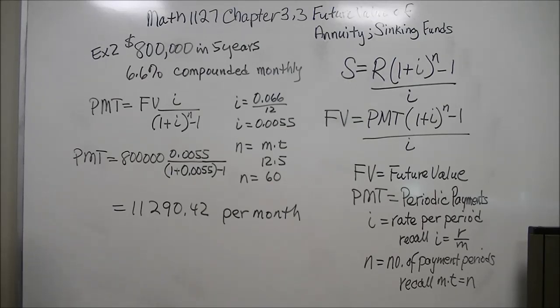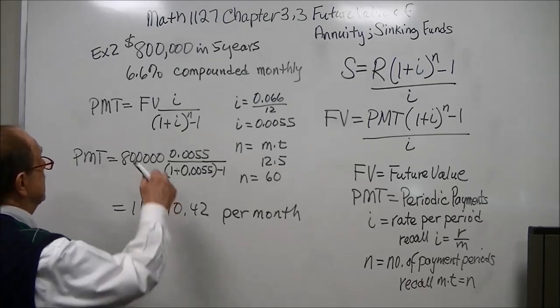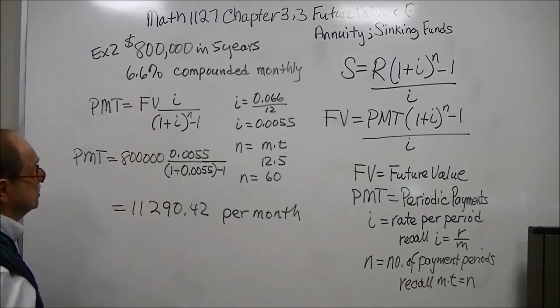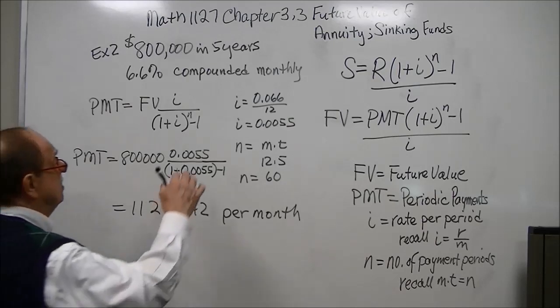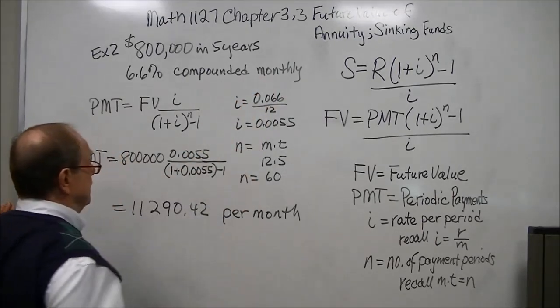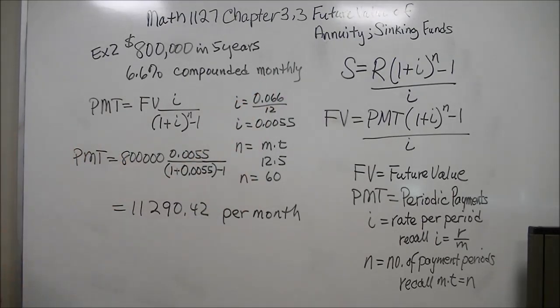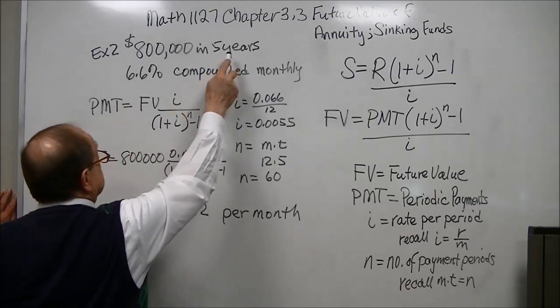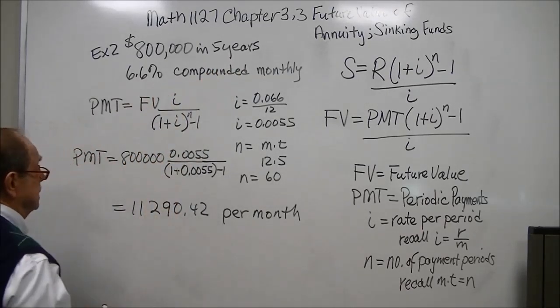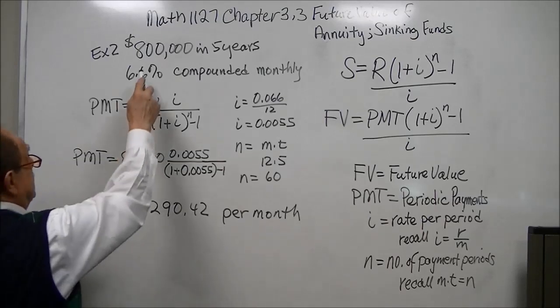Now they can put some money aside at 6.6%, compounded monthly. They're wondering how much money would they have to put aside monthly for 5 years at this rate to end up with